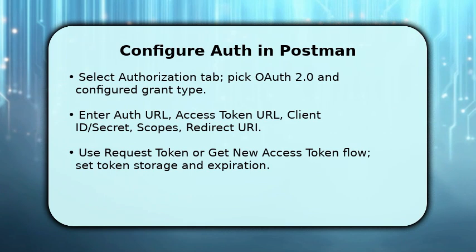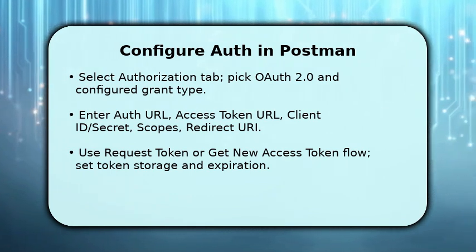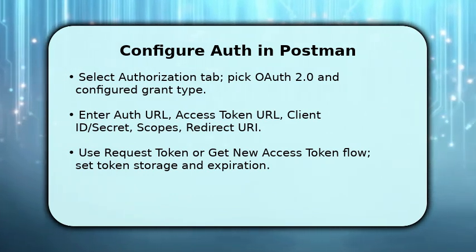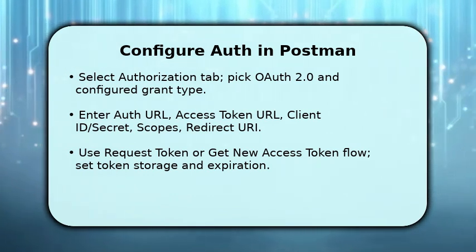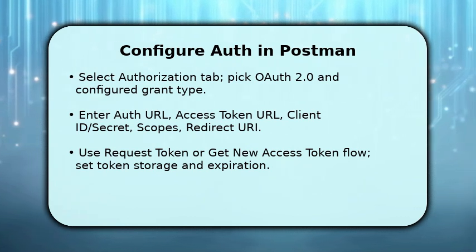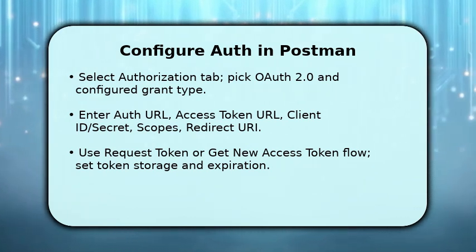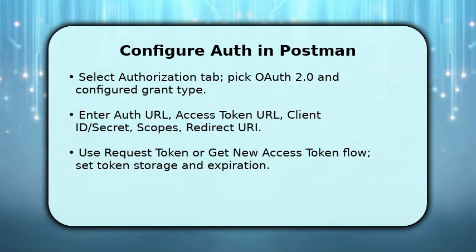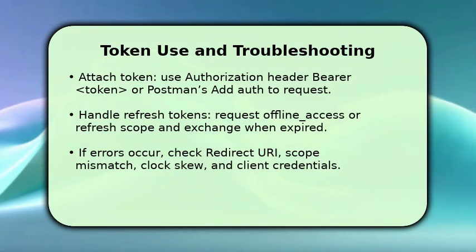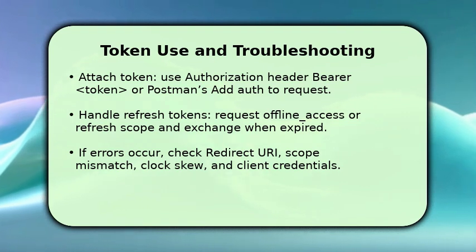Click Get New Access Token or Request Token and complete the provider's login and consent screens. Once Postman receives the token, choose whether to add it to the request headers or save it to the Postman environment. Finally, use the access token by adding it to the authorization header as bearer token or letting Postman add